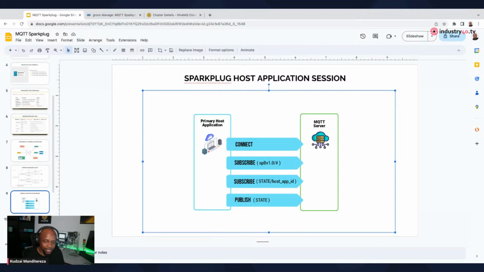So if it has joined the network, it will publish that it is online. So the metric that is contained in this host app ID topic namespace would be the state of that primary host application. So if it is online, that payload would indicate that it is online. So the edge of network node would understand that this is the current state. And then if it is offline, that payload would indicate that this is offline. So again, the edge of network node understands that my primary host application is now offline. So that's the sequence of events or the operation behavior of a primary host application as it joins an MQTT